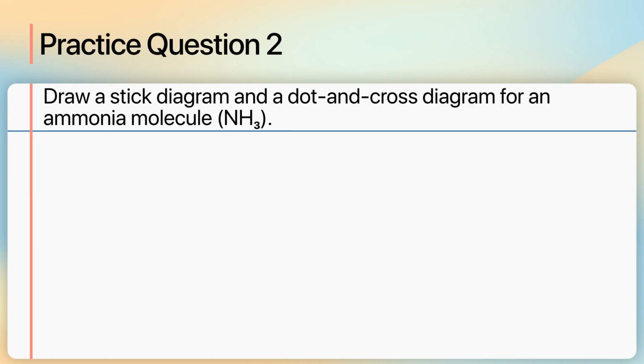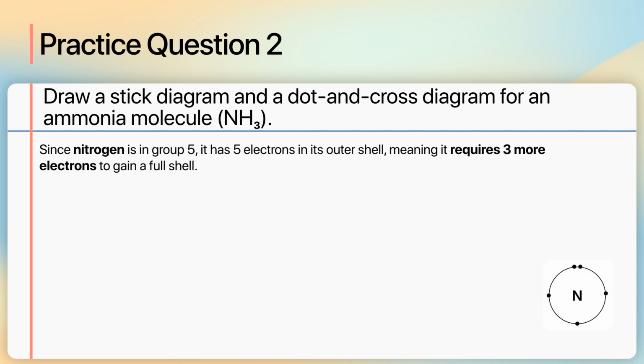Let's move on to a slightly more complicated example. Question 2. Draw a stick diagram and a dot and cross diagram for an ammonia molecule, NH3. We can start by identifying the valence electronic structure of the atoms involved. Nitrogen, being in group 5, has 5 electrons in its outer shell, meaning it requires 3 more electrons to gain